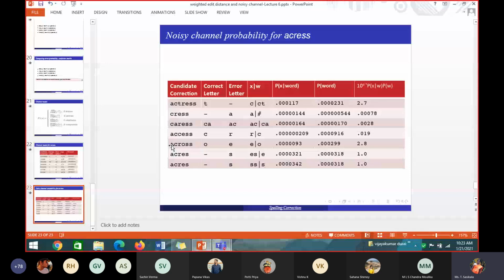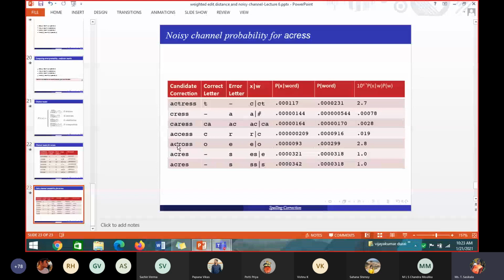Okay, these probabilities they have calculated by themselves and given some random values to make you understand. Whichever is the highest value here will be the value for that corresponding error word, and the corresponding word is replaced. So you have to calculate P of X given W into P of W for each word. You can take 7 words or 8 words, or 5 words, based on similar spellings and similar pronunciations. This is the final thing.